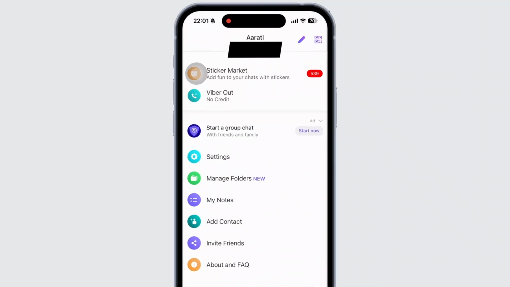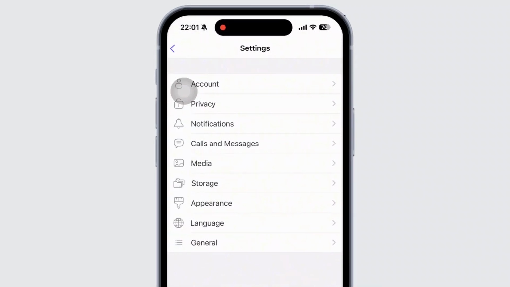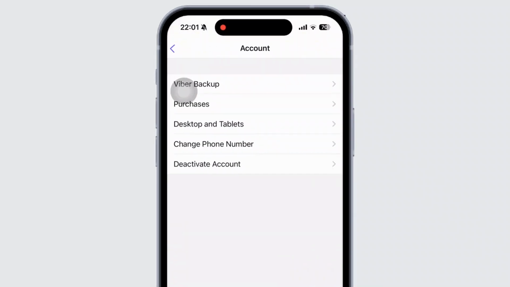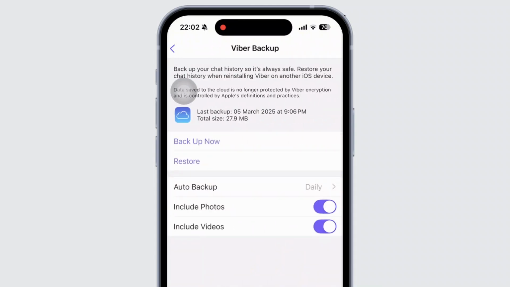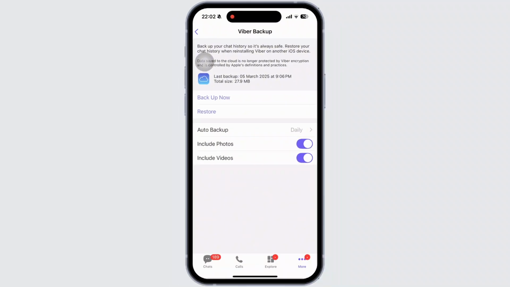And once inside the settings, tap on the account option available there at the top. Then tap on the Viber backup and tap on the backup now option available there and back up all your text, photos or videos in Viber. It might take a few seconds or a few minutes for your backup to complete, and once your backup is completed, simply